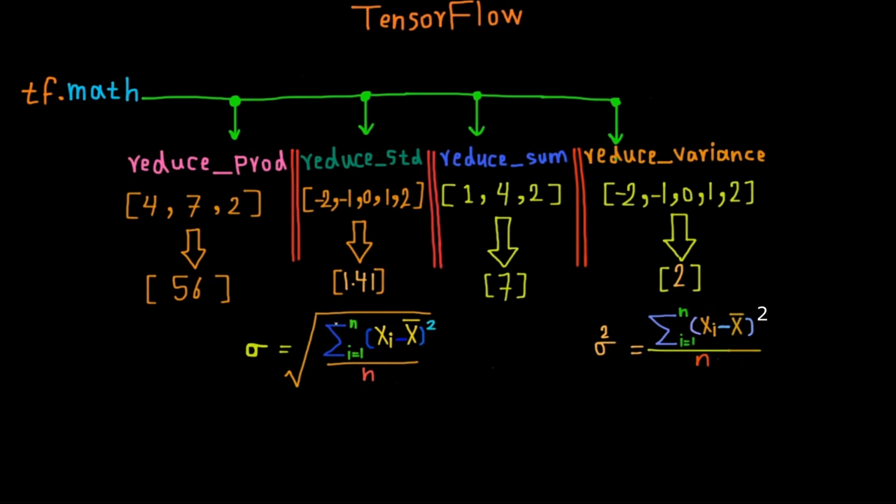If you want to calculate the standard deviation by hand, you can use this formula. Let's do it. The first thing you should know is the axis that you want to calculate the standard deviation for. In this case, there's just one axis in this tensor. So let's calculate the standard deviation for the elements in this axis. The first thing we should know is the mean of the elements along that axis. So x bar, which is the mean, equals